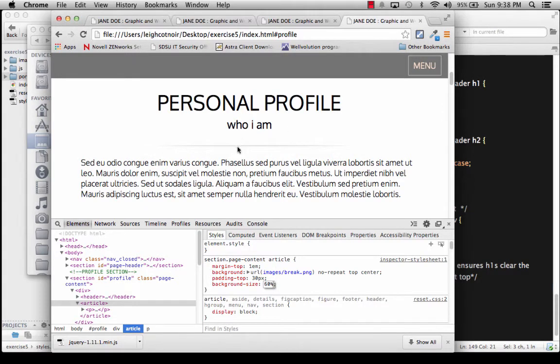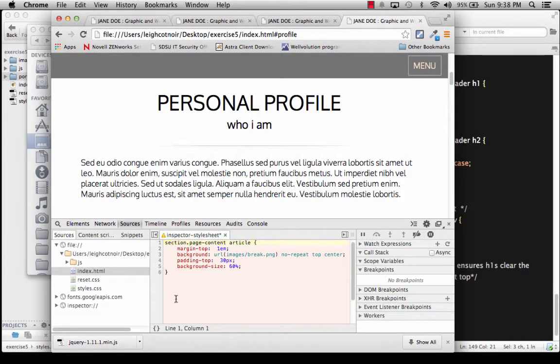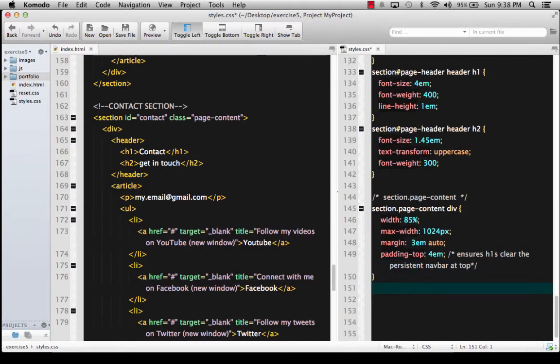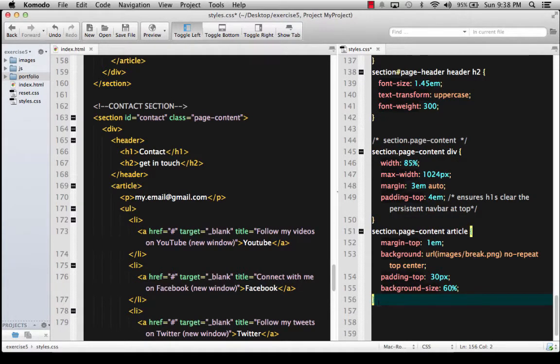And you see it gets a little bit smaller, so that's pretty nice looking. And if I decide that I want to use all of this, I can go over to Inspector Style Sheet, and I can copy all of this. It's just a reminder, you should know how to do this. To come down and into my CSS, I can add that rule after my div for the page content. Okay, and I'm going to go ahead and save that so that this article will now take that styling, and